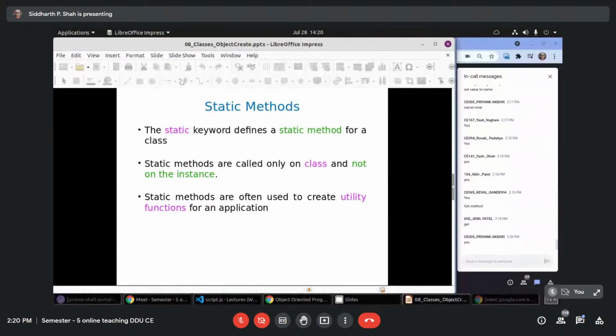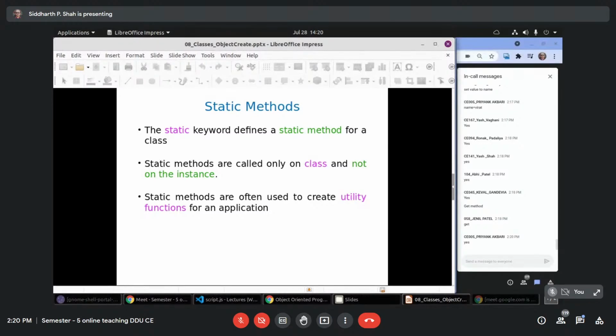Then come static methods. The static keyword defines a static method for the class. Simple. Just before the method, you put static, and that method becomes static. But the purpose of a static method here is a little different. Actually, static methods are called only on the class and not on the instance. This is weird.